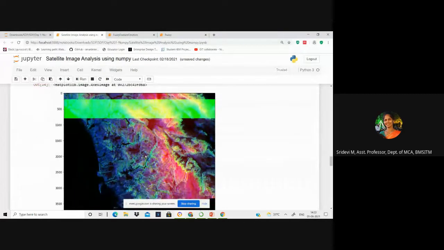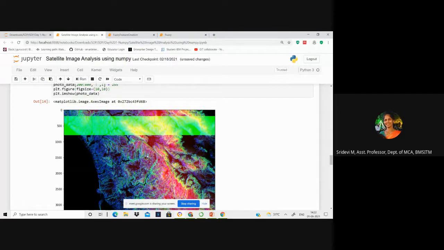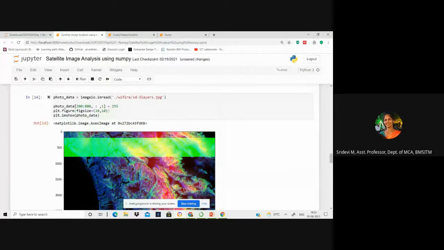What happened here? Observe this carefully. I'll go back to the command once again. A green band is replacing these columns which we have mentioned here.